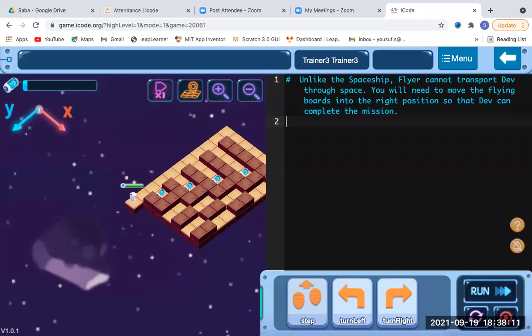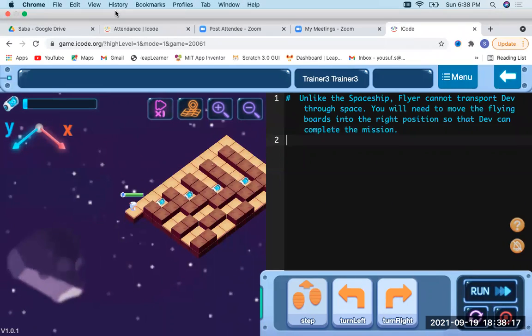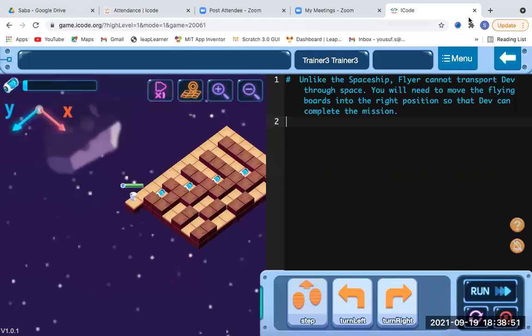So we have to complete the mission with the help of different range parts. One minute, guys. So we have to code with the help of the complete range part.